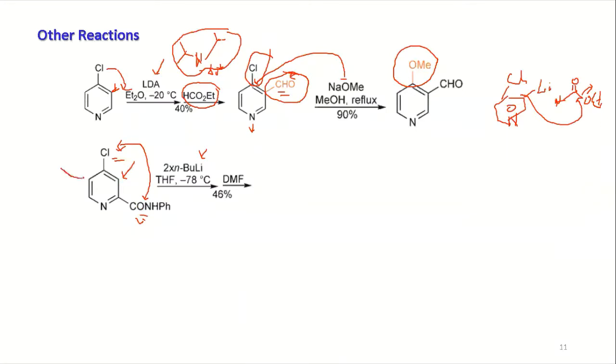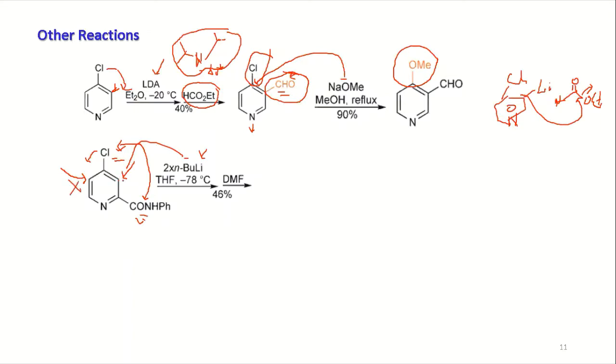So both will be directing to this one. People can think the reaction can happen here with this one, maybe because this is bulkier, so you cannot enter. It's not like that. Your lithium will be more stabilized due to the coordination between the chlorine and the C double bond O. That will help the lithium coordination on this side, and your butyl group will approach here to abstract the proton, and you will have the lithiation here, not this side.